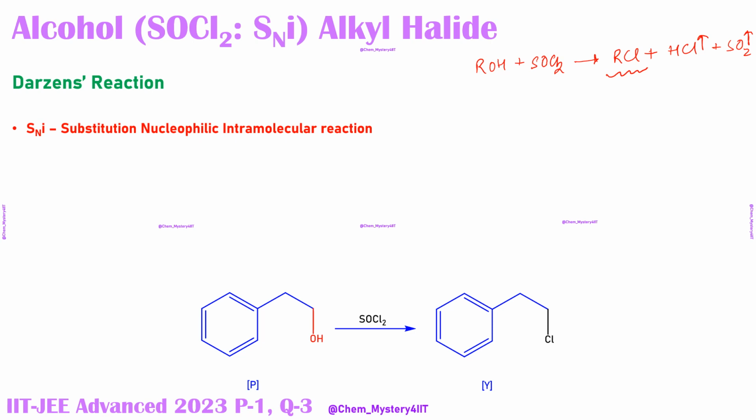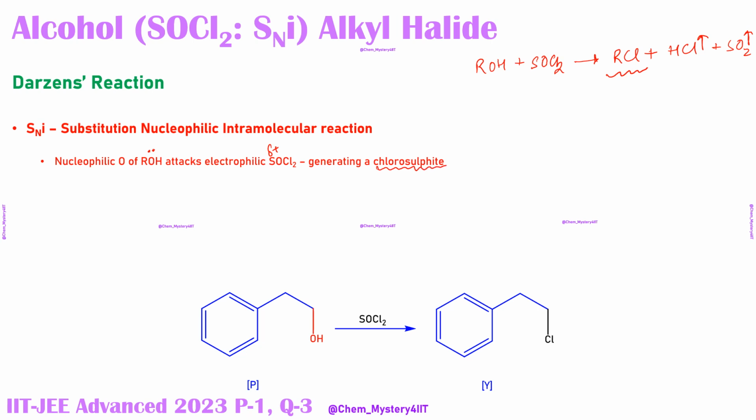We are calling this reaction SNi, which stands for substitution nucleophilic intramolecular reaction. Here, when we are saying nucleophilic intramolecular, we mean to say the nucleophile is present in our leaving group itself, within the reagent. So basically in this reaction, when the nucleophilic oxygen of alcohol is attacking SOCl2, the sulfur is going to be the electrophilic site in the beginning. That oxygen of the alcohol is nucleophilic, that is attacking. This generates something we call chlorosulfite.